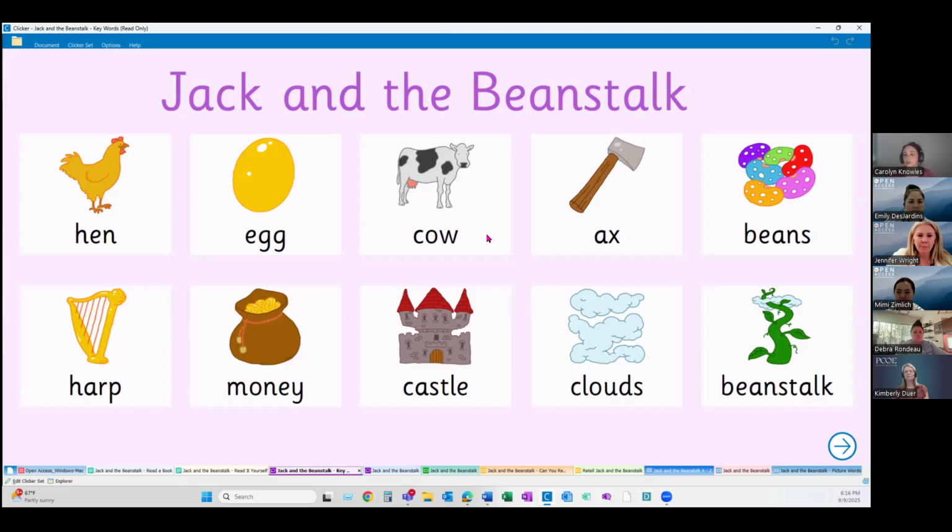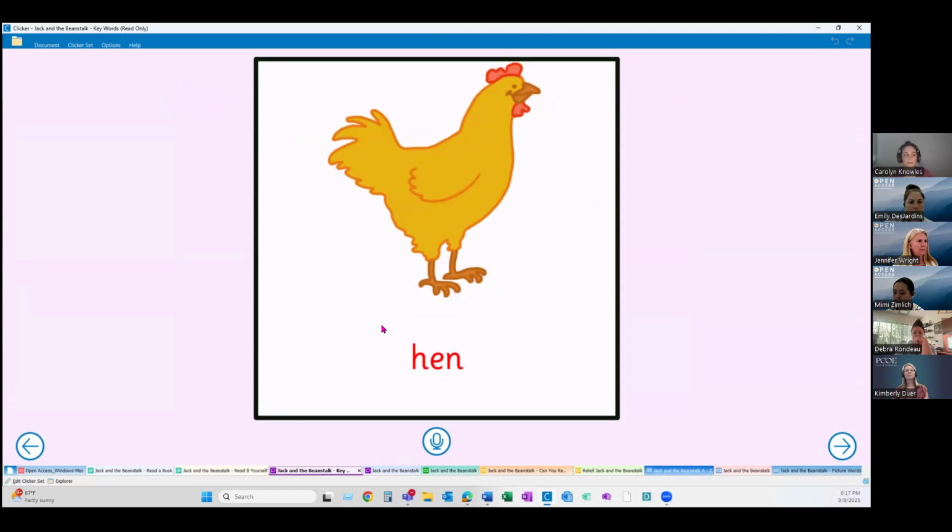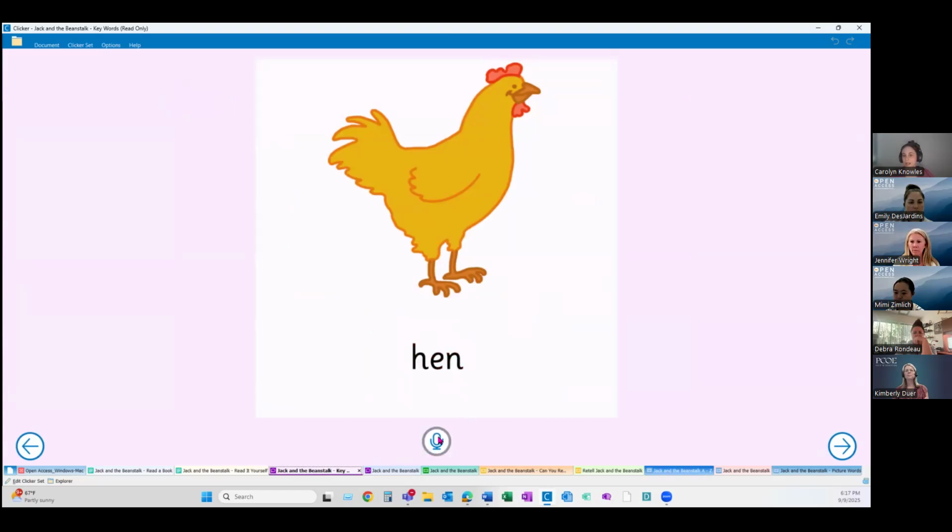And this first page is kind of like a practice. So if we click on any of the words, it'll read aloud for us. Beans. And it'll, of course, still highlight. And when we use the arrow, that's kind of starting the activity. It will show us one word and one picture that, again, we can always click to hear and practice. But it'll also have a microphone icon down here, which is a sound recorder. And this will hold whatever spoken content is recorded into Clicker.